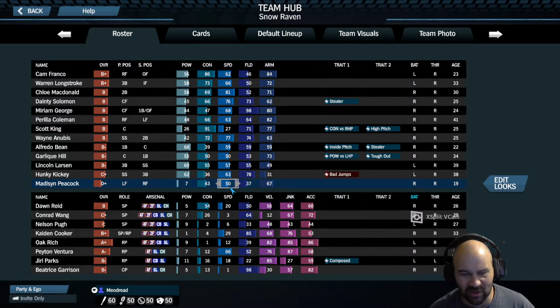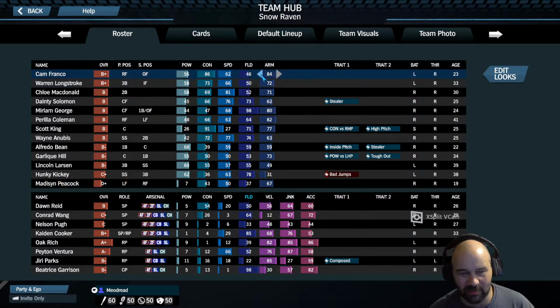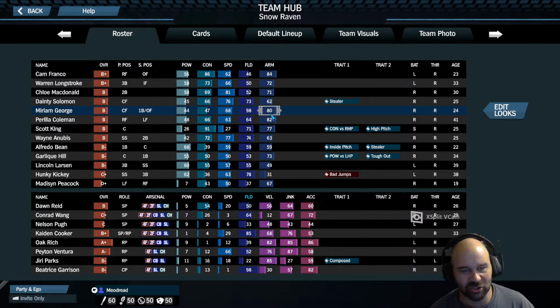Already has 43 contact. And has a decent arm. The only thing is that he's got no real speed, no real power. That would be a challenge, but I think we can make it work. It is actually our only left fielder. Really, that is sad. I mean, in reality, we probably play Miriam George in right field as the day-to-day right